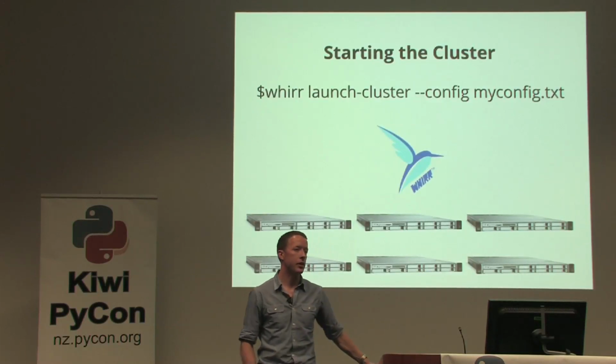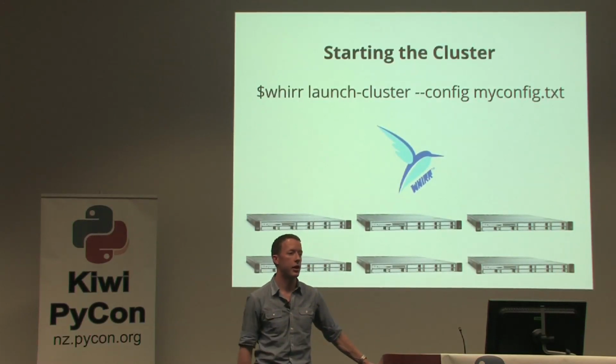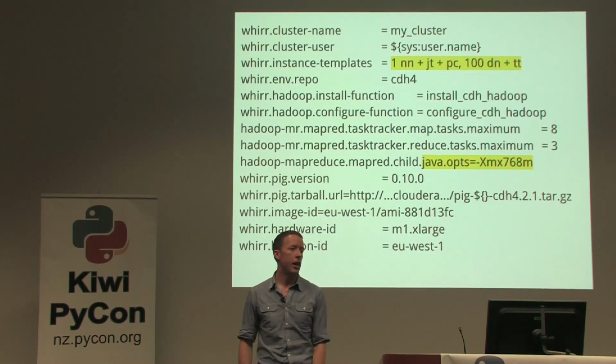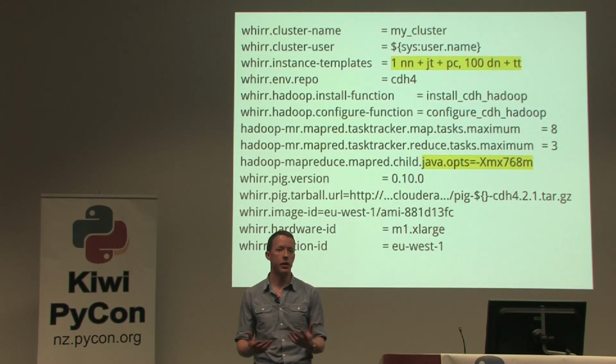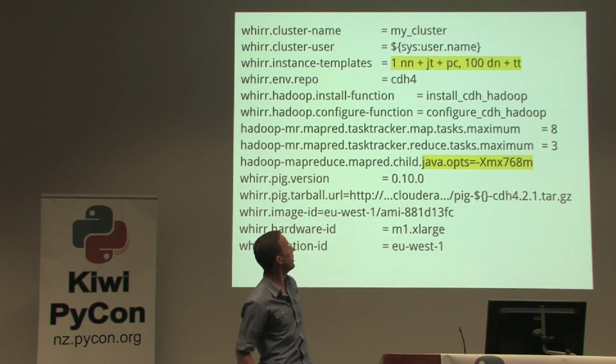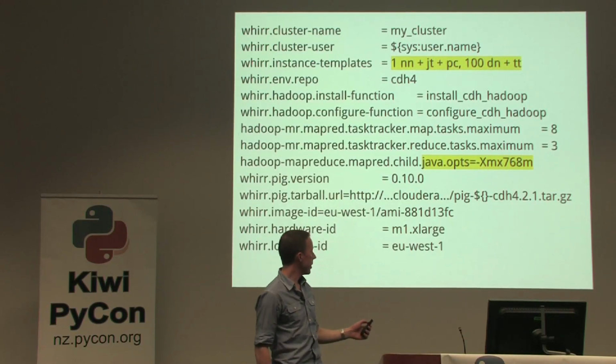To start the cluster, you do just what you saw on the demo screen at the start. There's a little tool called Apache Whirr. It's Java-based. It's designed to start clusters on cloud resources, so you can use, I think, Rackspace or Amazon. You provide it a little config file, which looks like this, and it will automatically start and automatically configure your cluster for you. Here I've asked it to start 1 name node and 100 data nodes.